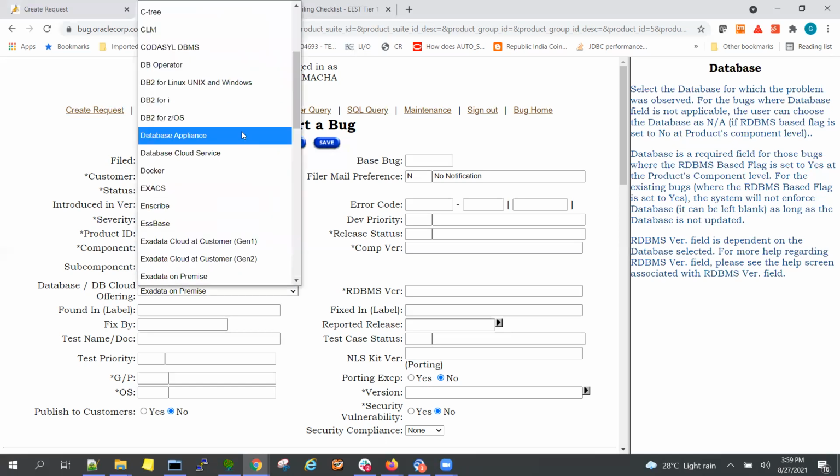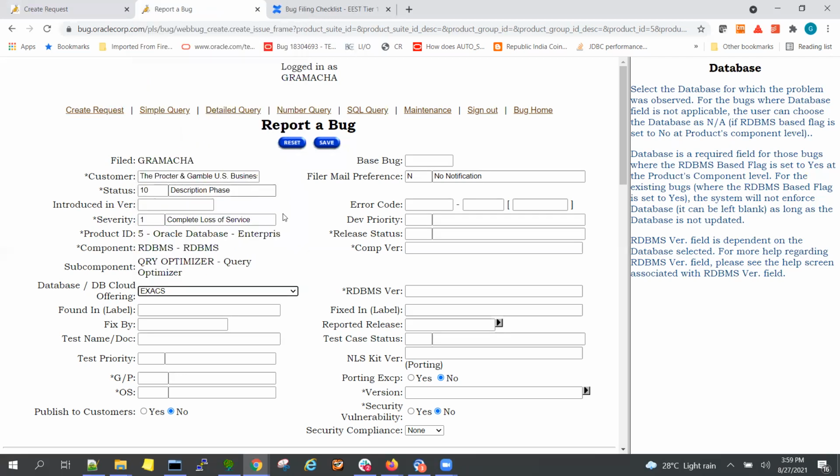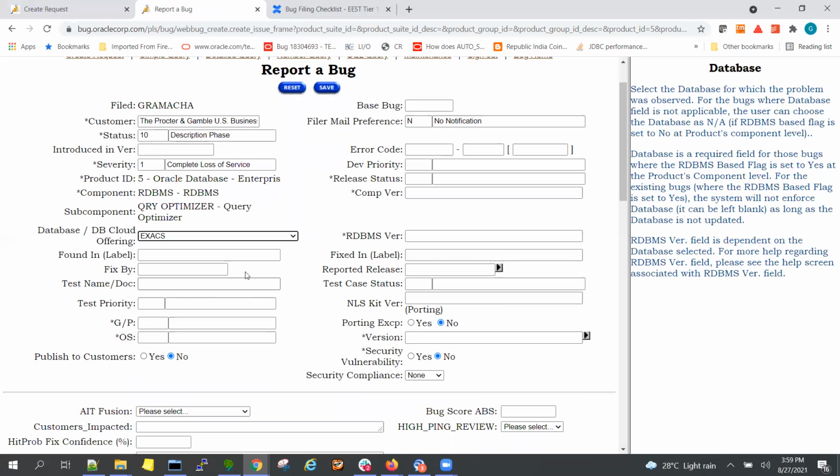Or you have to select DBAAS or XRCS, just enable this one. This is a very important point for all the Exadata and cloud teams, because I feel the focus will be more for the customers and bugs having this flag.